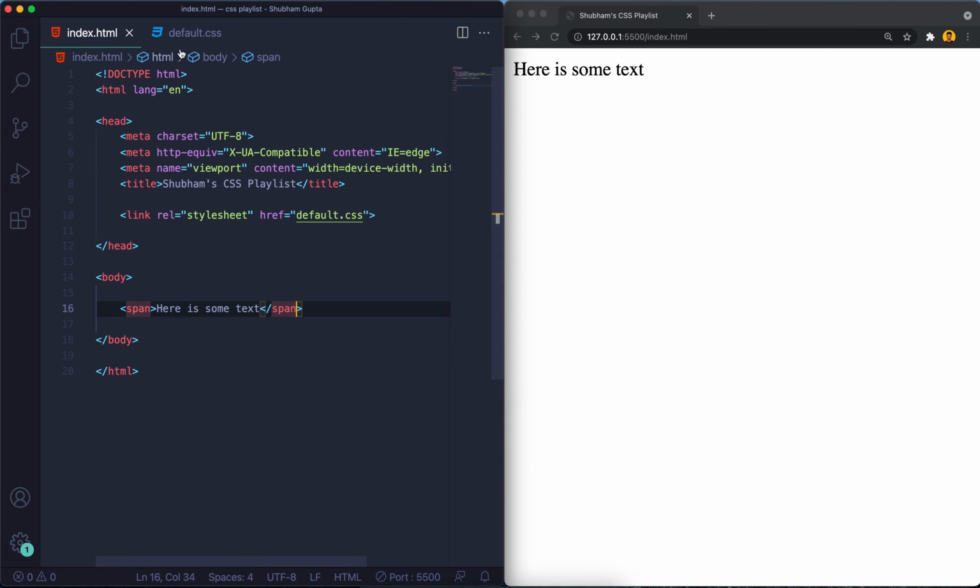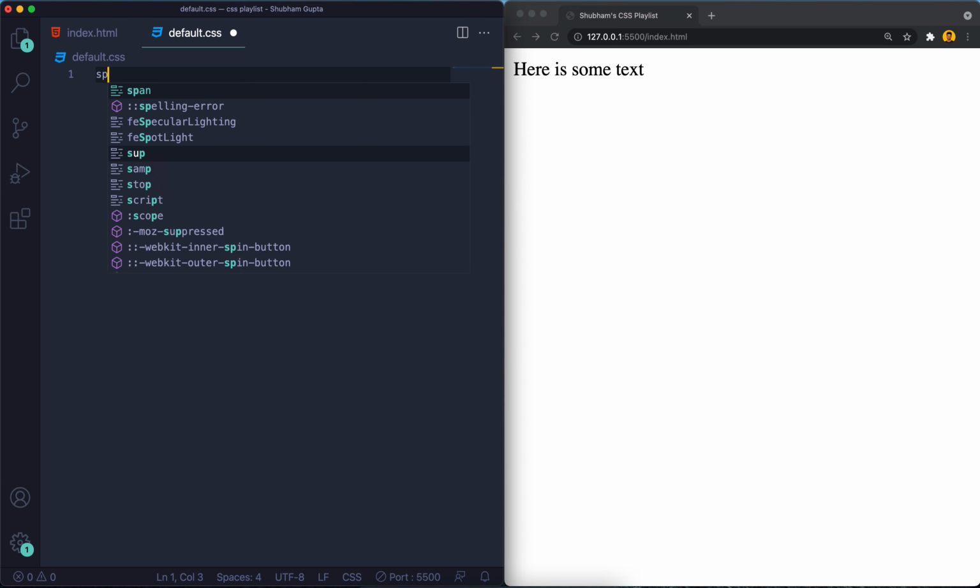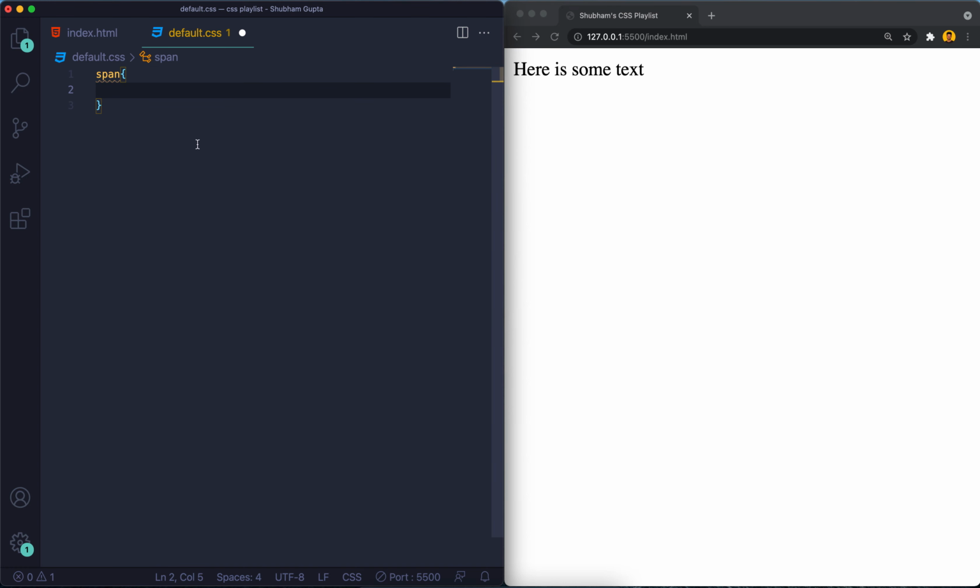Okay, and for this I can go to the default.css and write a couple of things for the span tag. So this is a way of selector and I can write things. As we have already learned about the background, we can give the background red, which is of course a bad color, and we can give any hex code. For that we have an entirely different video. So for the color coding you can look at that.